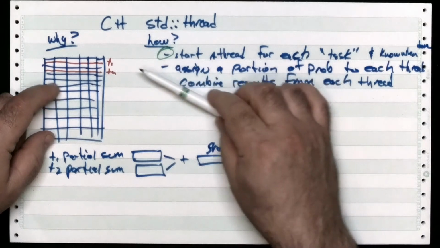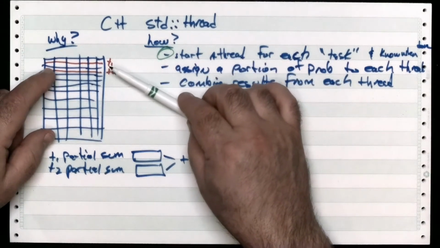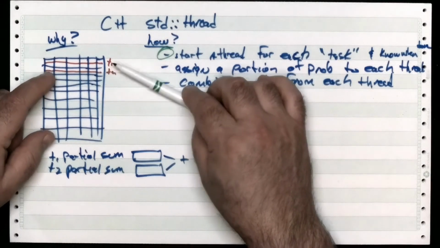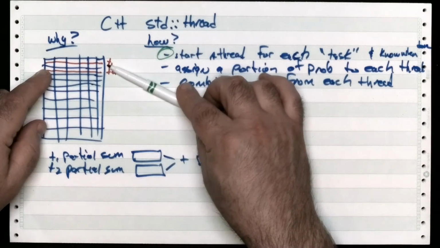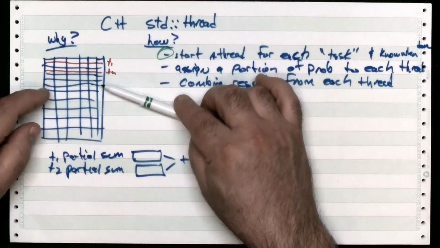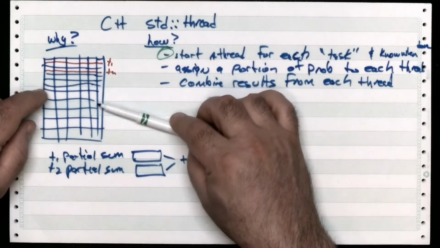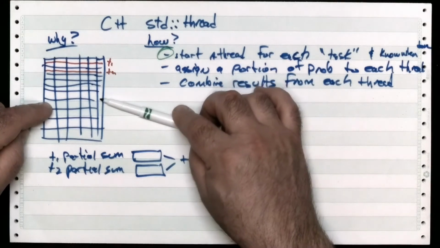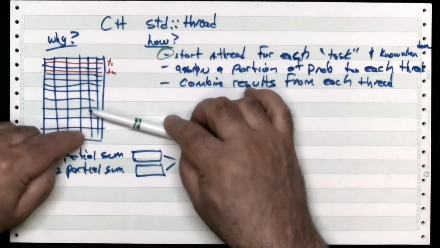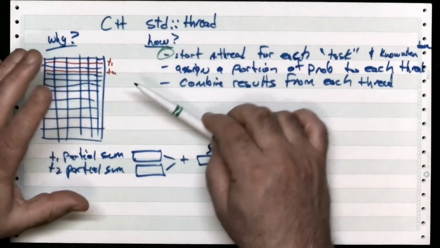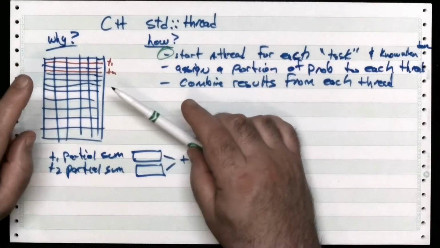So rather than just doing evens and odds, let's look at the kind of thing we need to do to figure out which each one of these, if thread 1 does get done first, what should it do next? Should it just go on to the next even row or the next odd row or whatever? Or should it try and grab as many rows as it can until thread 2 is done, and then thread 2 will just grab the one after the one that thread 1 is currently working on and go along that way, okay? That latter approach is generally better if it's easy to do, because it's not going to fall prey